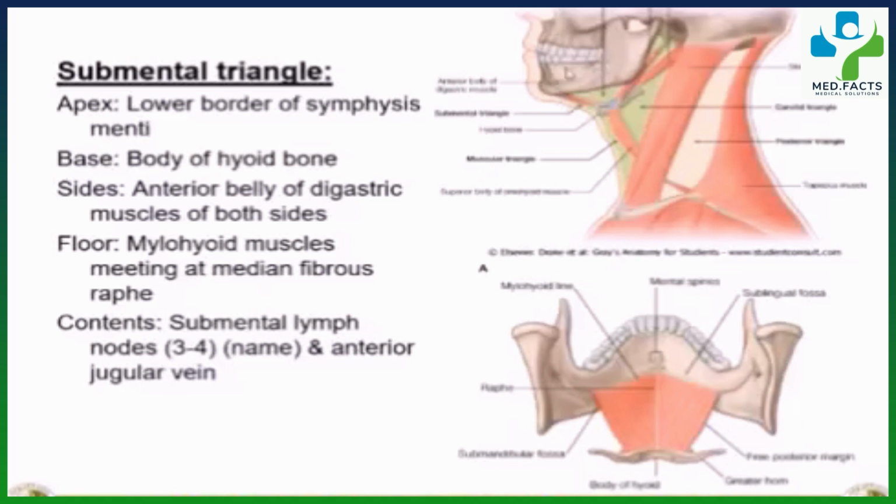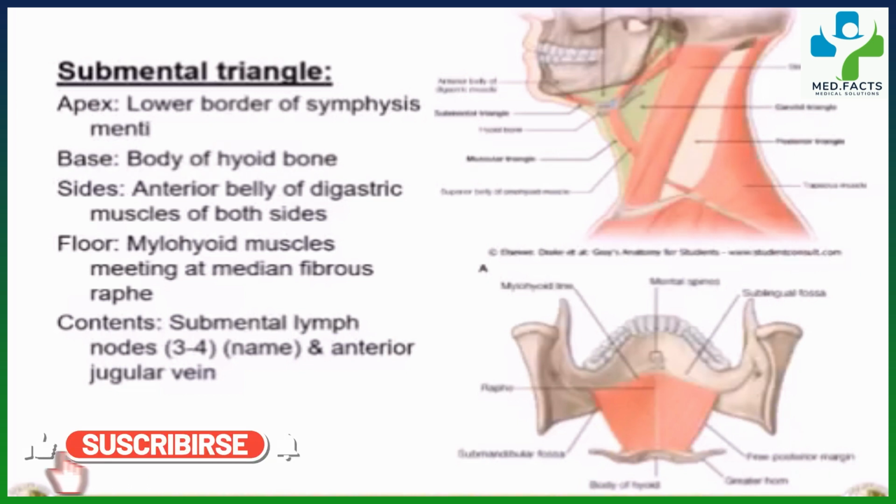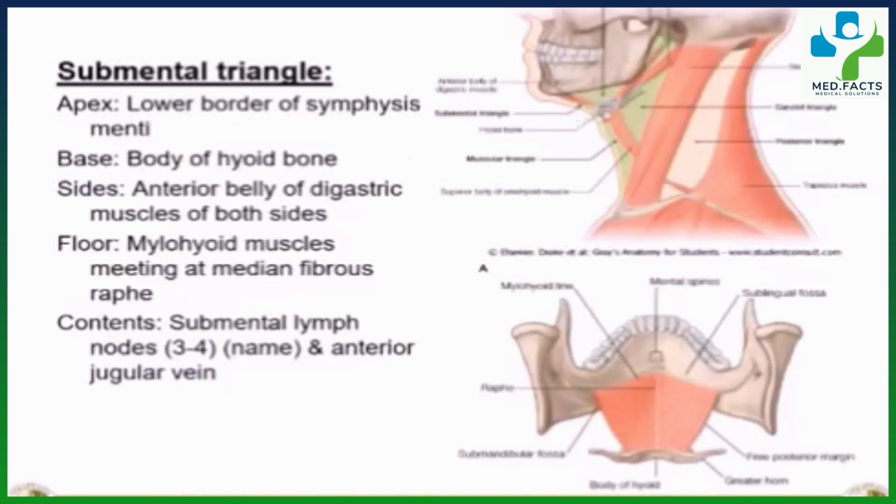This is a small triangle which is present in the front, and this is half of the triangle on one side. The other half will be on the other side of the neck. So this will form the half and half together, on either side will join together to form a single triangle. So the submental triangle, if you see here, the base of this triangle is formed by the hyoid bone itself,